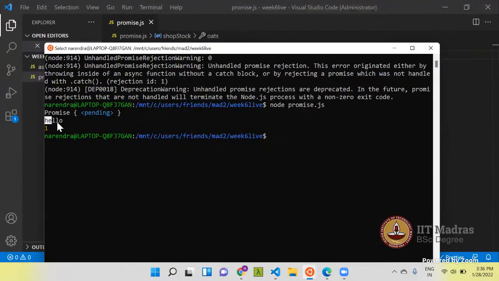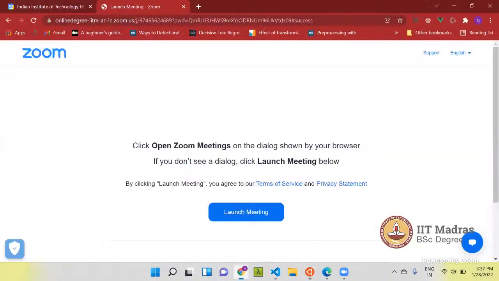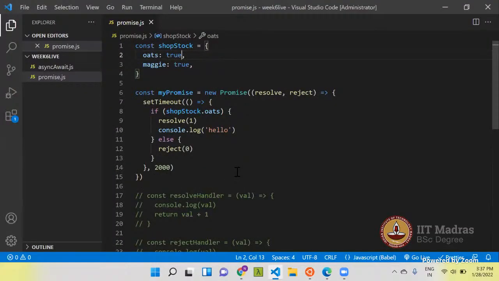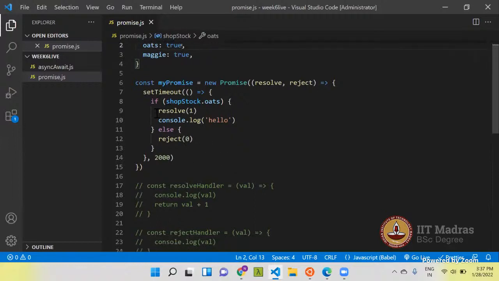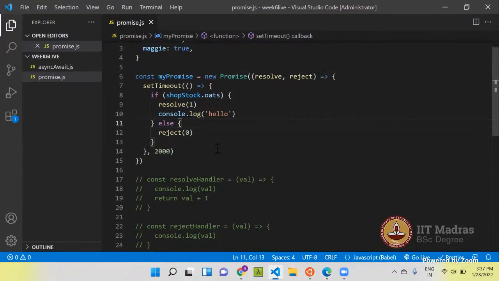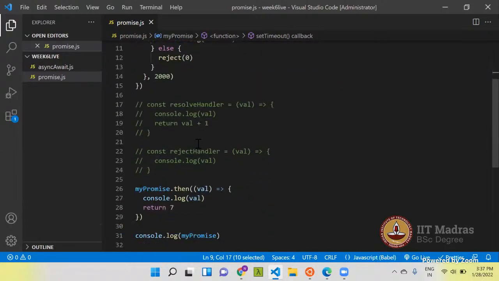Yeah, it prints hello, and after that it prints 1. Since console.log is executed synchronously, it's executed before this resolve call. If you write something like setTimeout, it will be executed after the resolve call. Once the control goes to the resolve, it just gets out of this main stack, and then it first prints the hello, and then this will be handled using then.